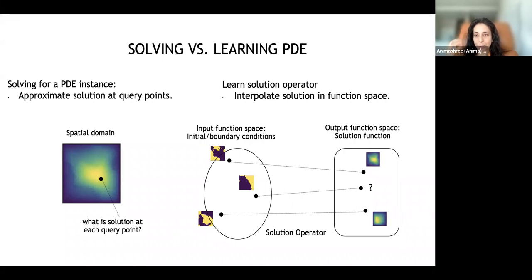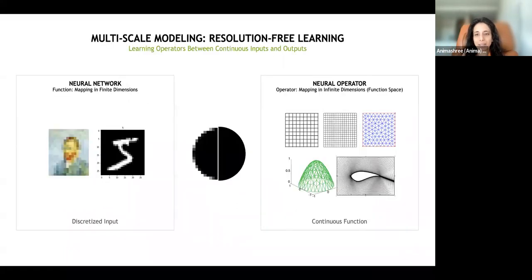And the question is, once we've learned the solution operator, then we can provide a solution at any discretization. And that's why this method would be a resolution invariant or mesh invariant system, because it does not expect your query points to be in a specific resolution or grid. That's the main difference with respect to standard neural networks, because they're designed to map in finite, fixed dimensions, right? So you have all your